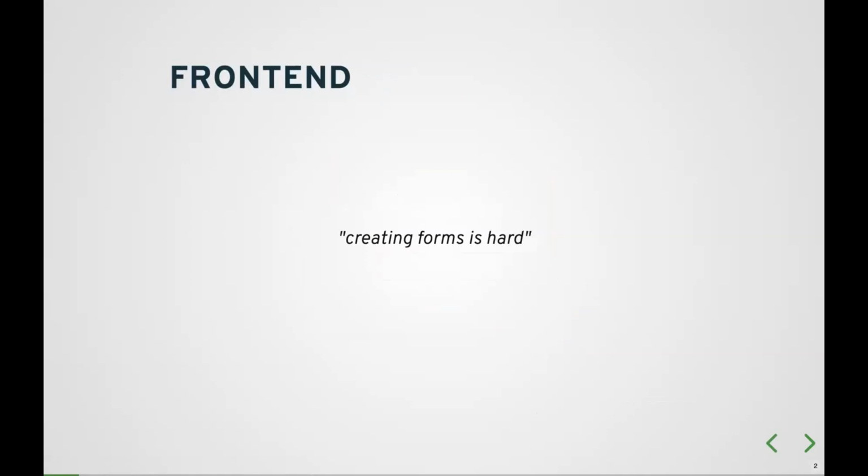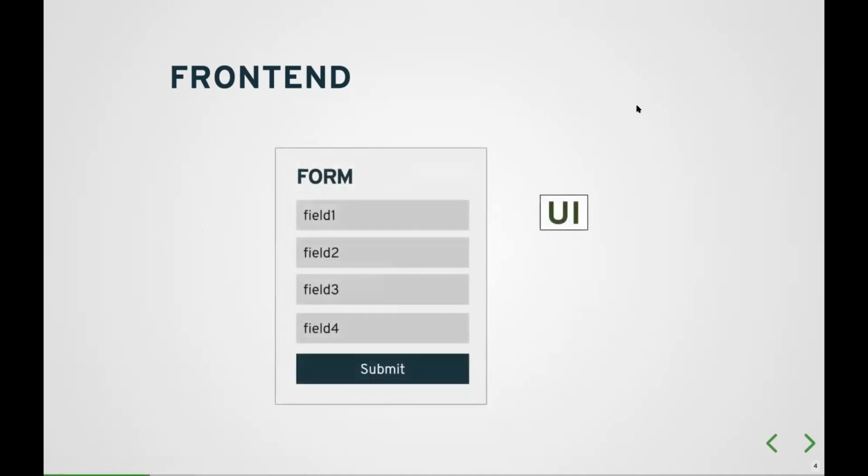At least rather than saying creating forms is hard, maybe I can rephrase the statement saying creating forms the right way is hard. The reason it's very hard is because when you create a form, we need to focus on UI, where we have to place all the elements with whatever data requirements we've got. We need to render them based on the type of data that we are expecting from a user. After that, we need to add